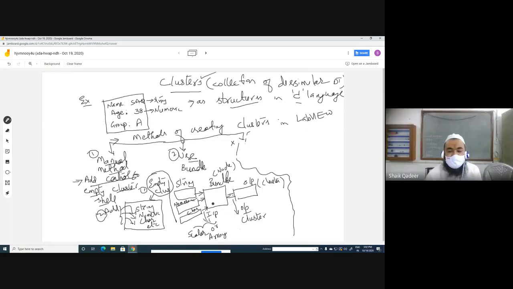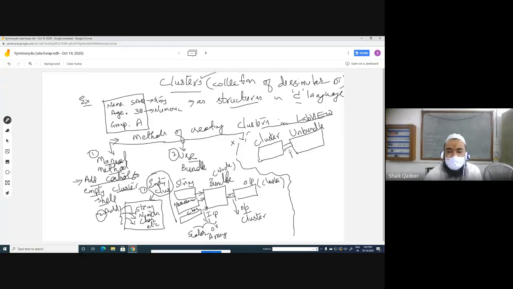So this is the procedure of creating a cluster with the help of bundle. Let us suppose that we have a cluster and we want to perform a data separation operation for proper or clear display. In that case, we connect the output of the cluster to a node called unbundle. Please pronounce this. Unbundle. Very good.